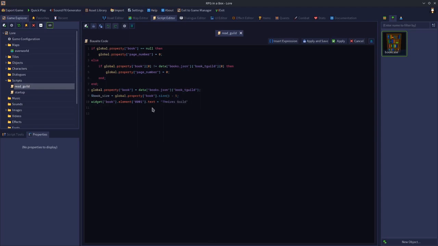This is just the title of this book. Okay. Then we need to put in the text of the book. So widget book dot element 0002 dot text. That's going to be the main body of text. That's going to equal